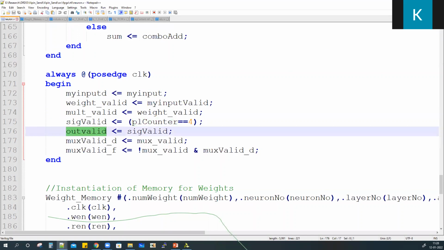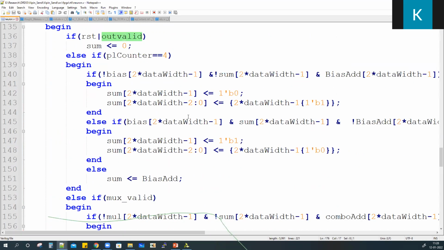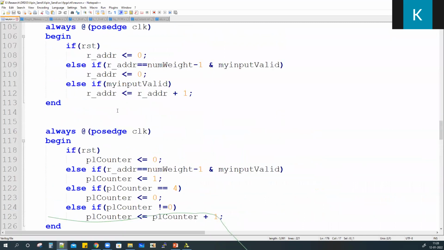You will see some additional signals here. That is for managing the pipeline, because this design is completely pipelined for better timing performance. Here I am checking whether I got the input, but after getting the input, I will take 3-4 additional clocks, because that input should go through the multiplier, which is one level of pipeline, then the adder, another level of pipeline, then activation, another level of pipeline.